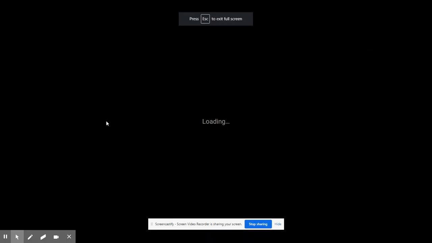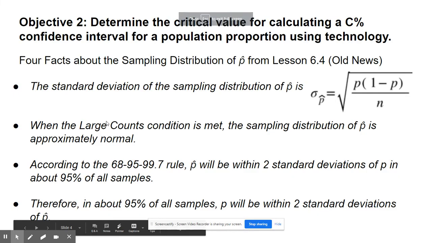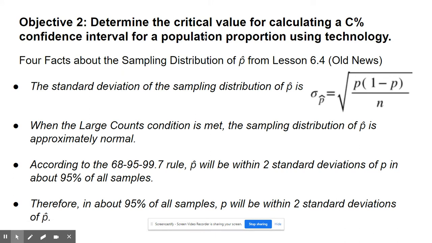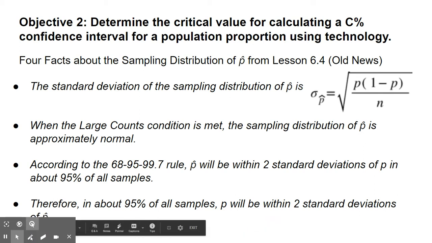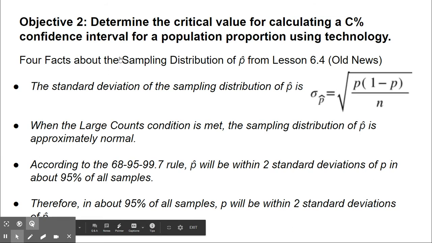Okay, so now we're going to continue on our process of trying to build these confidence intervals by focusing on what's called the critical value. Now, before we get into that, let's talk about some facts from section 6.4. I call these old news. So these are going to be ideas about the sampling distribution of